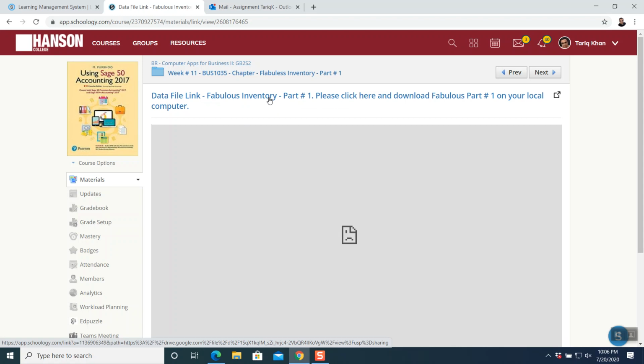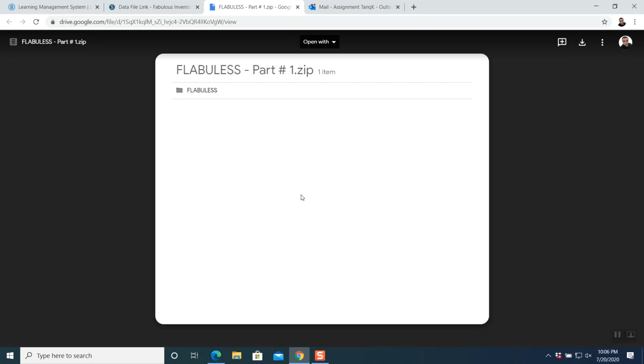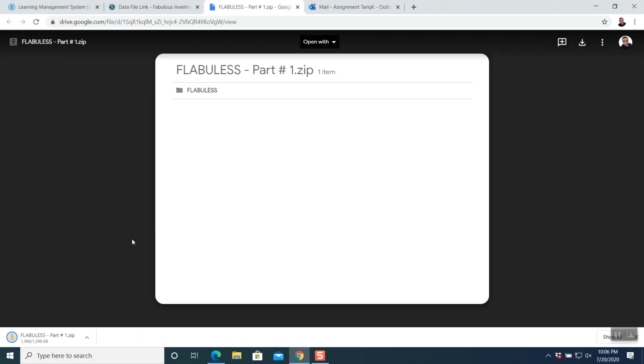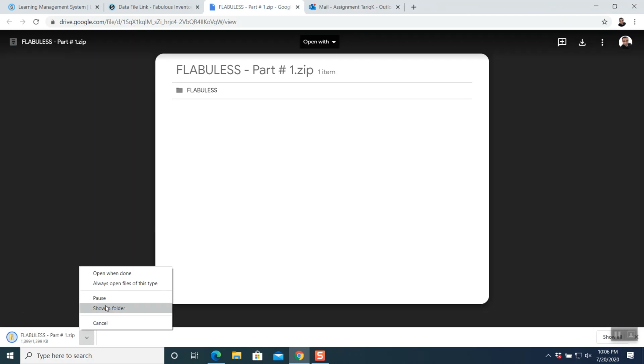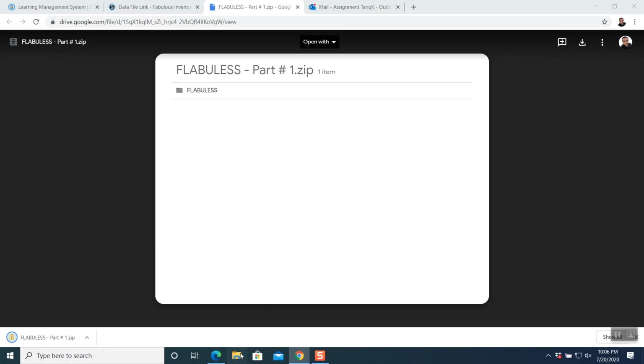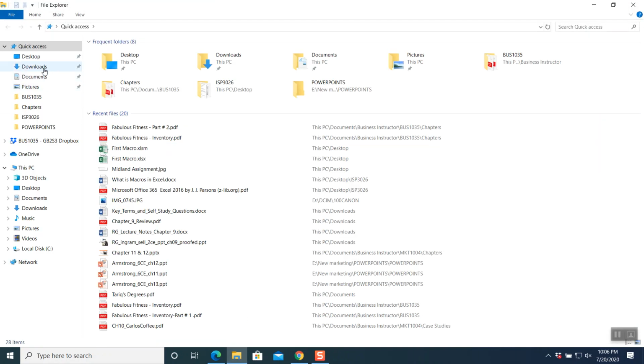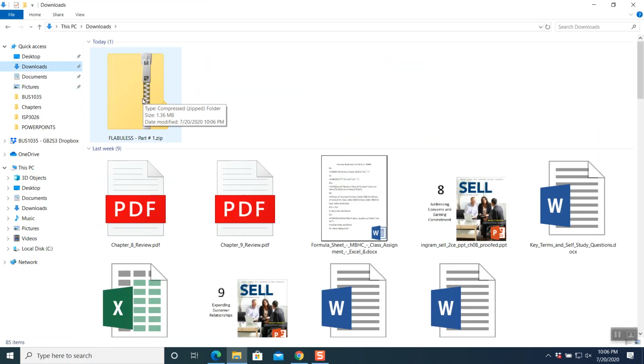Download Fabulous part on your local computer. Click on it. You're able to see this. Now you can go ahead and download this file on your local computer. It will take a minute to download. It's gone in to download directly. So click on the downloads and you're able to see that this file for Fabulous part number 1 is downloaded